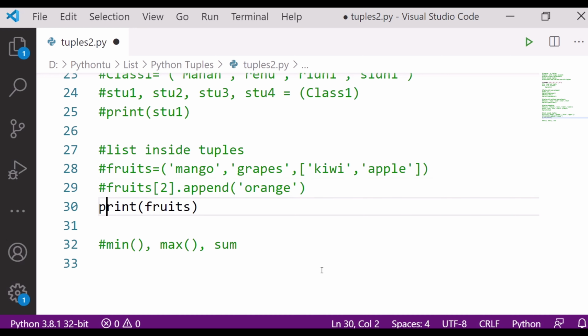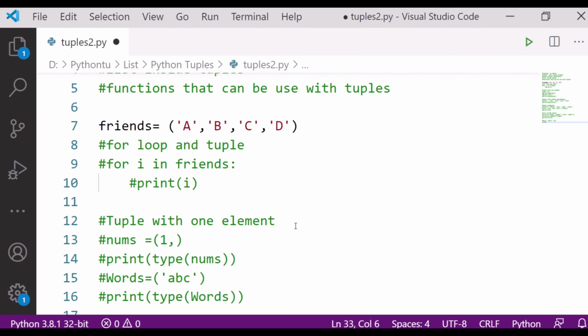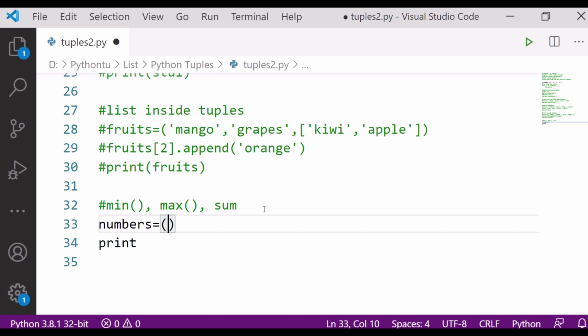Suppose I create numbers equal to 10, 100, 20, 250.